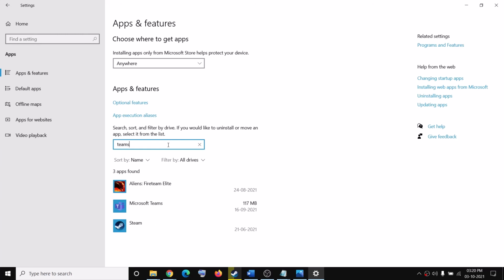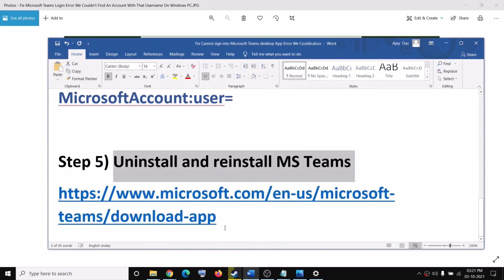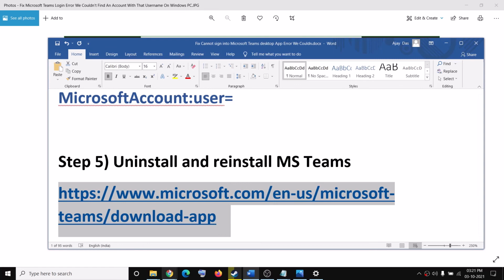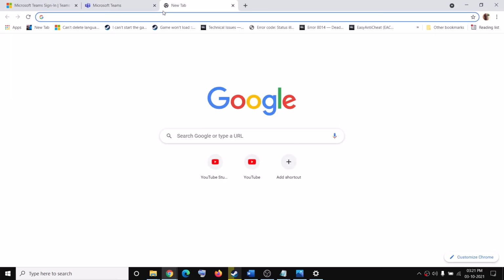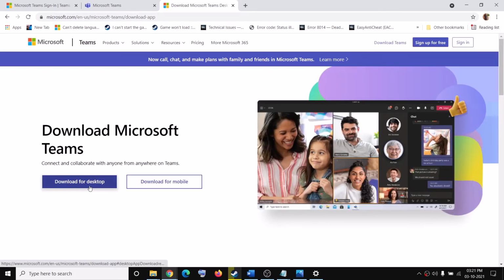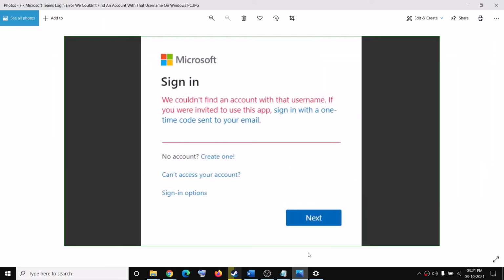And then you click on Microsoft Teams and then click on uninstall. If you find any entry with Microsoft Teams, go ahead and click on it, then click on uninstall. And after the uninstall, you can go to this website, and then you can download Teams once again. And once the download is complete, you should be able to log in. You should not receive this error message anymore.